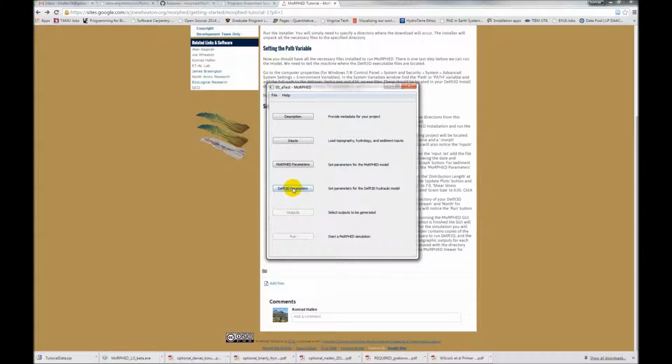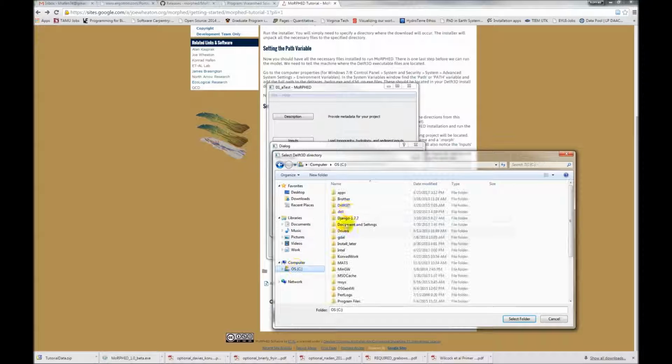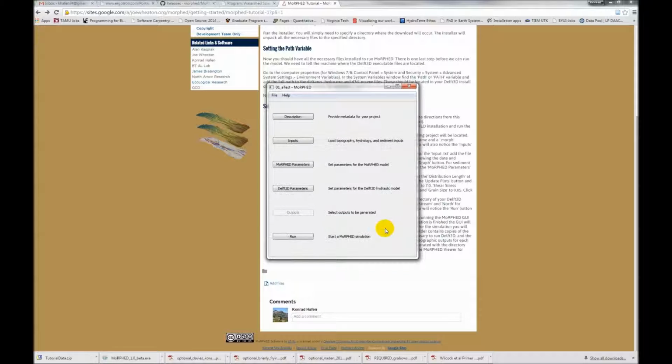Okay, now I'll go to Delft3D parameters. The path, C, Delft3D, the top level of my installation. So if I go in here, I have all these other folders. We only need this top level. Upstream boundaries on the south side. It's on the north side. Click OK, and we're good to go. Now I click Run,